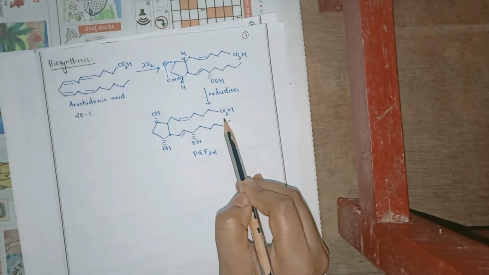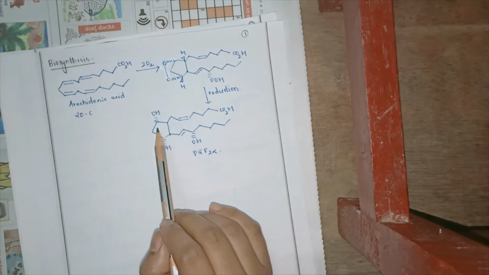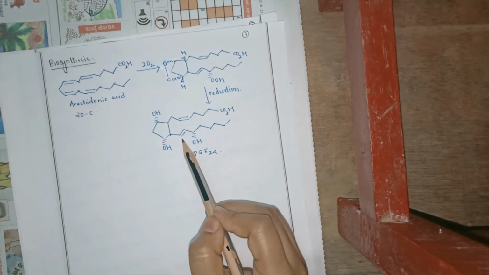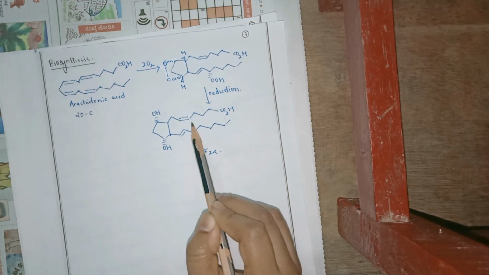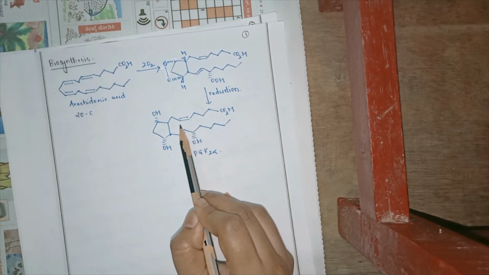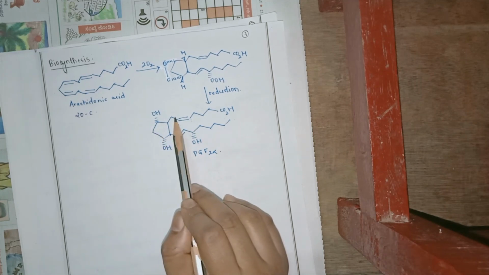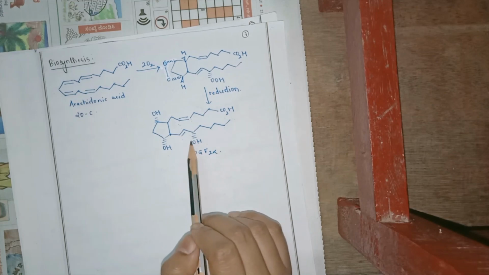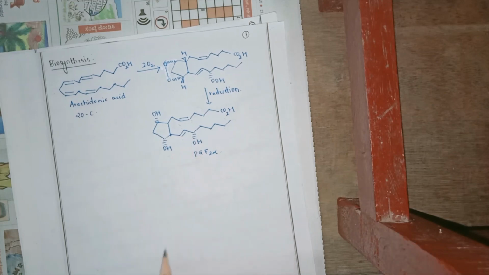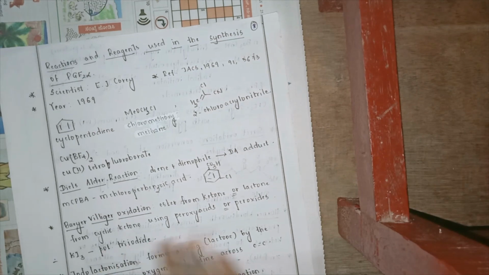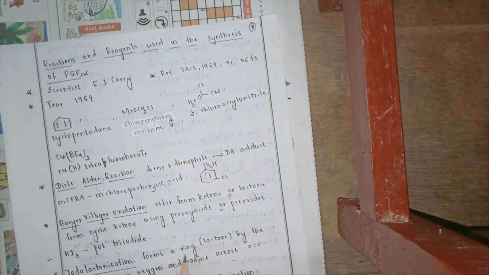That means a carboxylic group at position number 1, OH at positions 9, 11 and 15, a double bond between C13 and C14, and a double bond between C5 and C6. The double bond between C5 and C6 is cis with respect to the OH, and both long chains are trans with respect to each other. This is how the biosynthesis of the prostaglandin takes place. But in organic chemistry, the synthesis has to be done in the laboratory. Before we actually design any